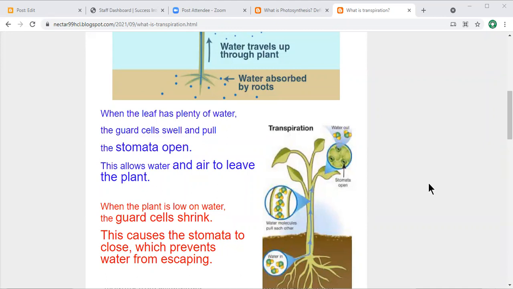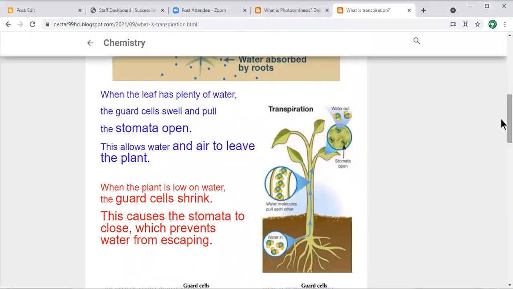Okay, now listen to all these things again. I will read for you. Look at what happened here. When the leaf has plenty of water, what happened? These are the roots. Water is absorbed; these roots absorb water. First, when this water moves up in the plant, it goes to the plant's leaf. When it reaches here, these are the guard cells, okay? If a plant has more water, this water comes out from these pores, these holes, and this process is named transpiration, okay? This is the first thing.